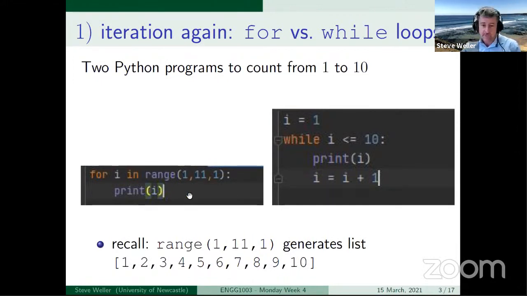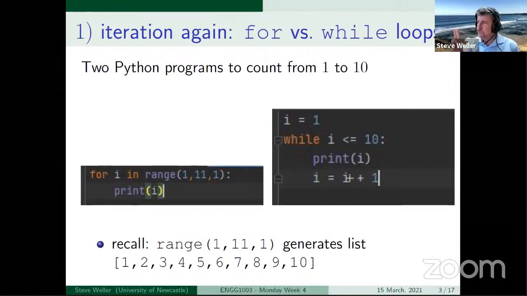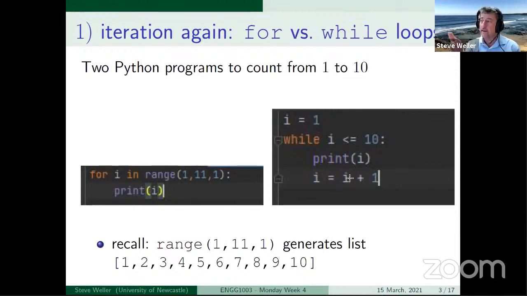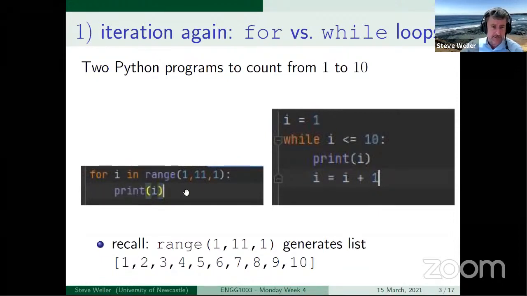So that's a for loop, and we'll run this live in a moment. The Python program on the right also generates the list of numbers 1 to 10. One obvious difference between the code on the left and the code on the right is that while the for statement takes just 2 lines, the while loop takes 4 lines. Why is that the case? Inside the indented body of the for loop, we've got a print statement that prints the index. On the right-hand side, we've also got a print statement, and we've got an additional statement.